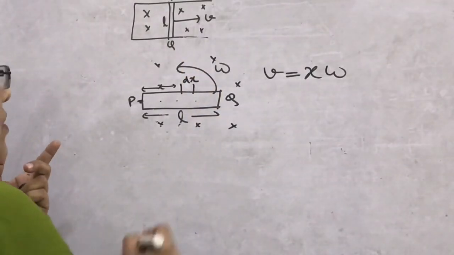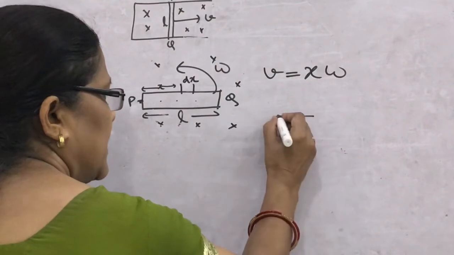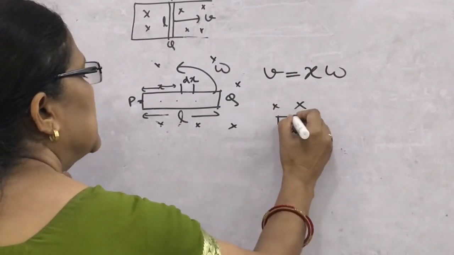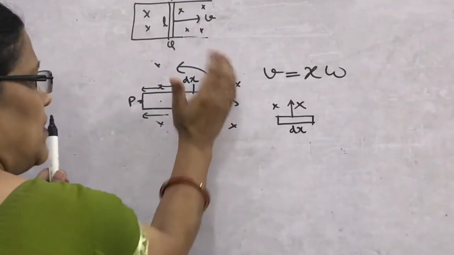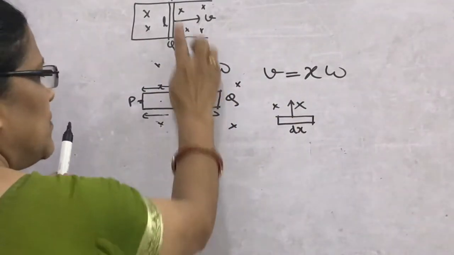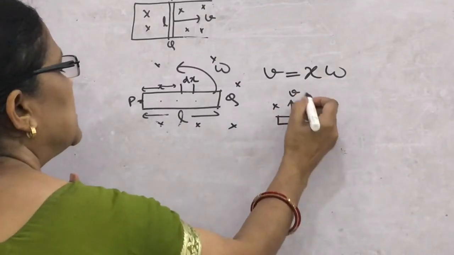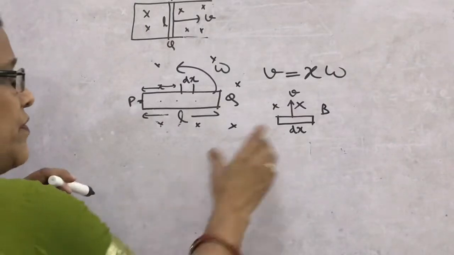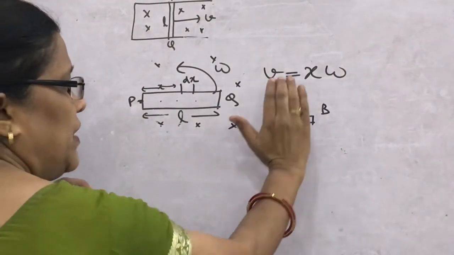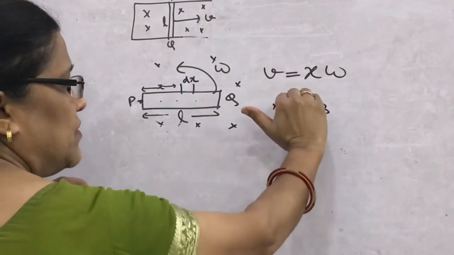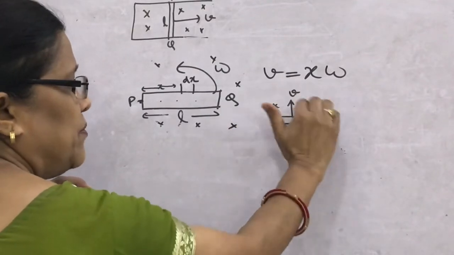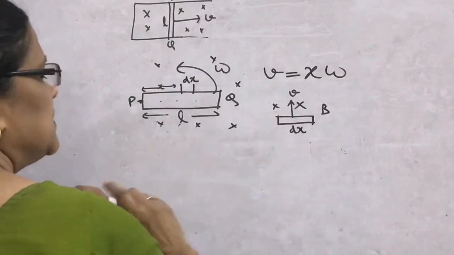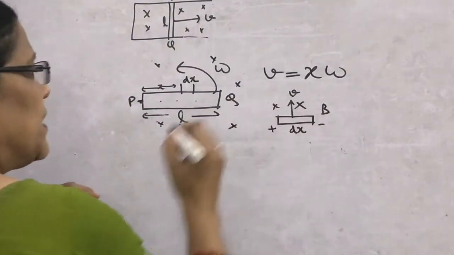What will happen? If we take dx here like this, the length of the rod is dx. The rod is moving. Look, this is the direction of velocity, we can say linear velocity, and this is the magnetic field. What will you find? Look here, V cross B, this end will become positive. Look, the thumb, fingers are V to B, B is perpendicular inward, this is V. So, V to B, this end will become positive and this end will become negative.